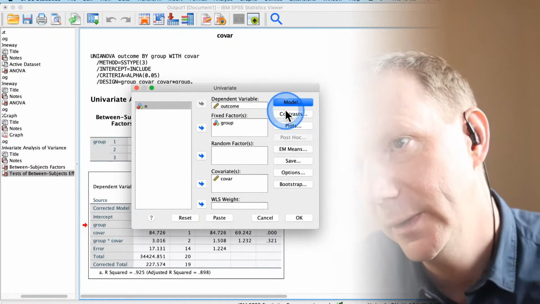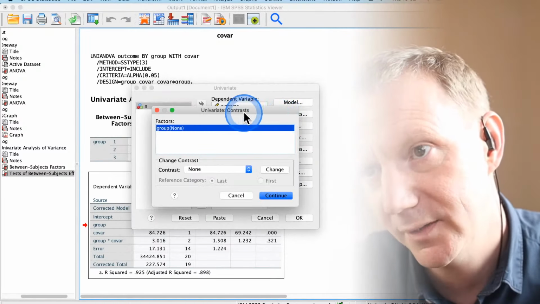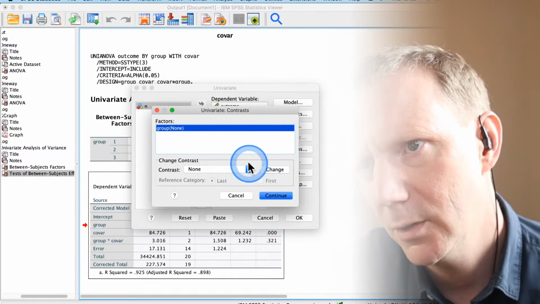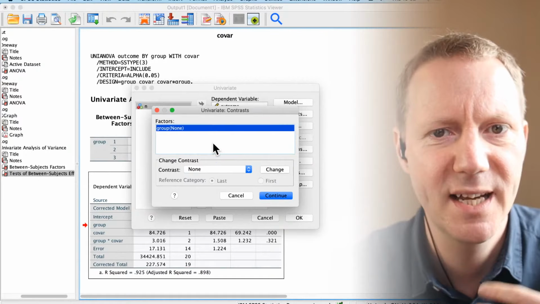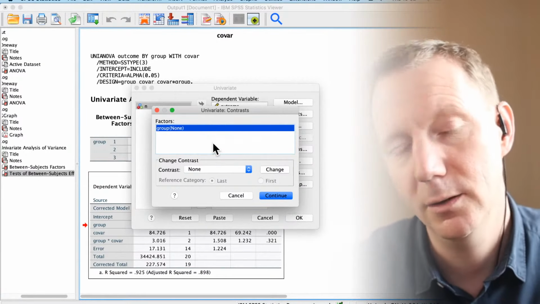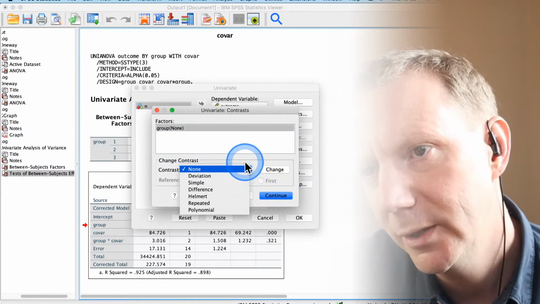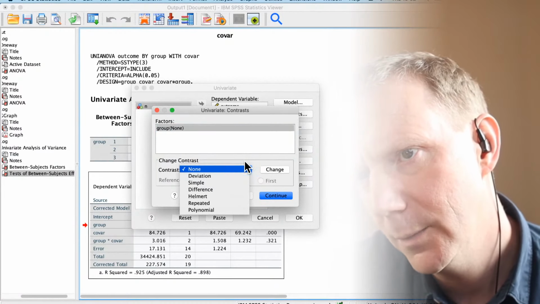So that means that we could look at the contrasts. If the ANOVA states that there is a difference, then we're actually interested in finding out where those differences are. So we could look at one of the